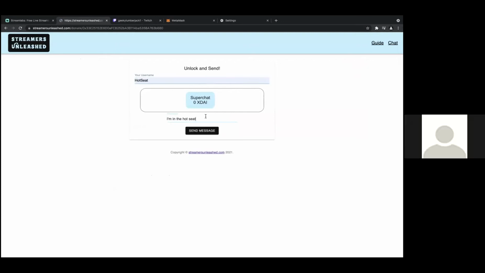So if a viewer wanted to donate, this would be the screen that they would see for a username and message. It's as simple as you click on the lock you want, and then